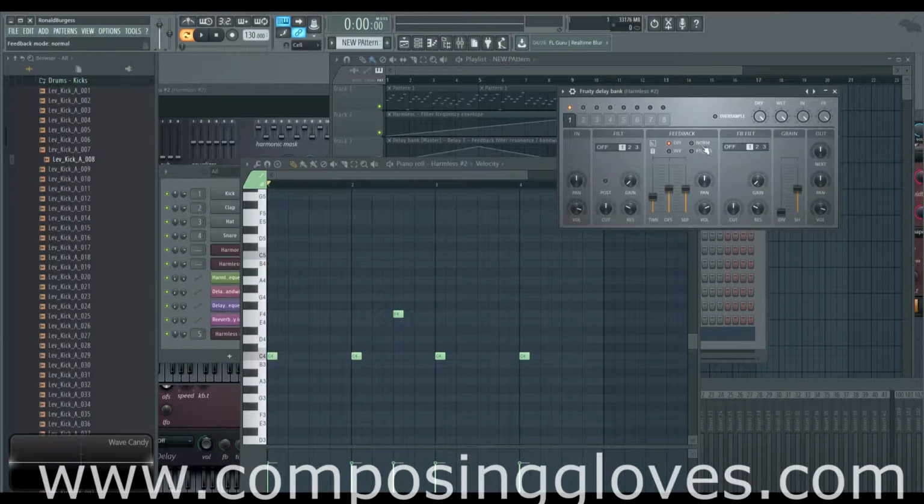We have normal. What this does is these are all panning options, because they put the pan knob down here, so it's not super clear that these are panning. Someone might think this is normalized, and someone might think this is inverted and has something to do with volume, and ping pong is usually associated with panning. So anyways,